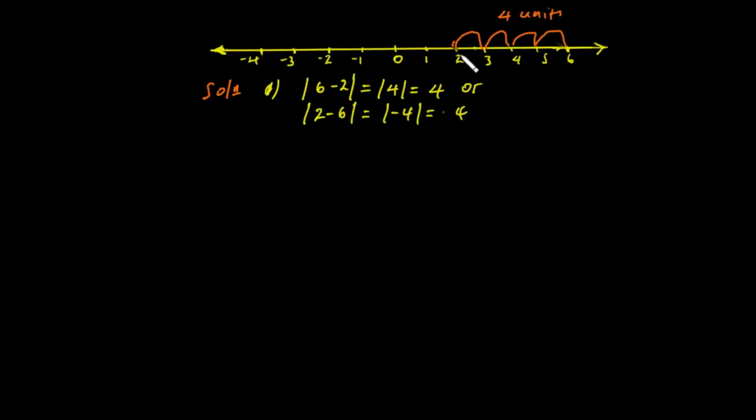ስለዚህ this distance 4 from 2 to 6 can be obtained using the absolute value of the difference of the two numbers ማለትም 6 minus 2 or 2 minus 6፣ both are the same። opposite ነው የሚሆኑት፣ 6 minus 2 positive ከሆነ 2 minus 6 negative ነው የሚሆነው። እኩል ርቀት ላይ ይገኛሉ ማለት ነው ከዜሮ። ስለዚህ ይሄ በሁለቱ መካከል ያለው ርቀት ነው፣ ይሄ ከዜሮ አንፃር ስናየው ከዜሮ እስከ 4 ያህል ነው፣ ይሄ ከዜሮ እስከ -4 ያህል ነው። ስለዚህ this distance can be obtained by absolute value of 6 minus 2 or absolute value of 2 minus 6።